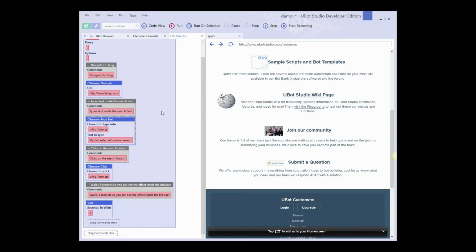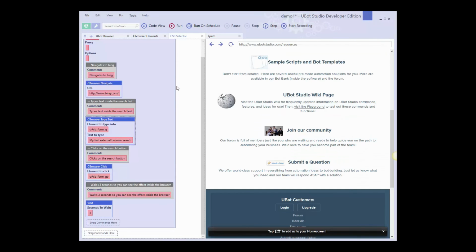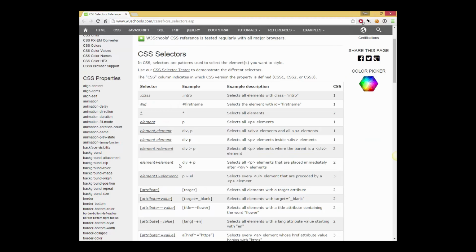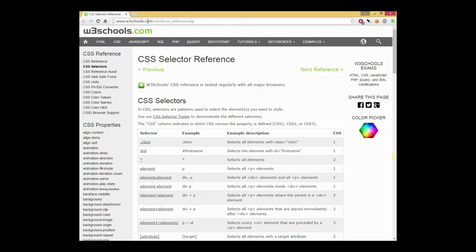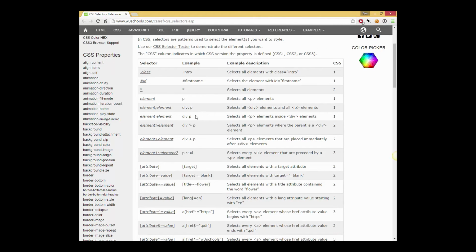So there is a nice website out there where you can just take a look at the different CSS selectors that are available. And let's take a quick look at that site. So here it is. That's w3schools.com, CSS selector reference, and there you can see the different ways